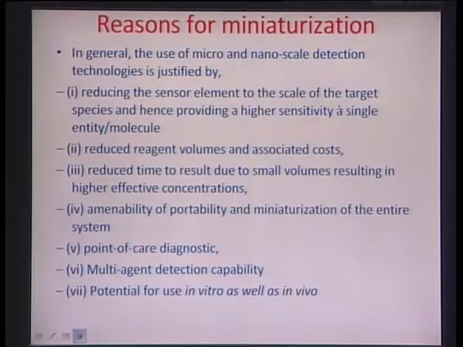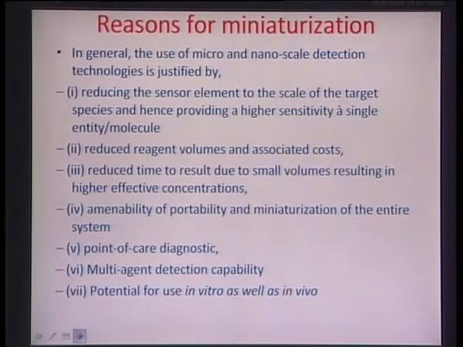Let us now go to the next level and try to find out this whole race to miniaturize, starting from, let us say, the microchips. Okay. Why is it really important? What are some of the reasons for miniaturizing, let us say, sensors? So, the justification can be provided by looking at several aspects. One aspect could be that